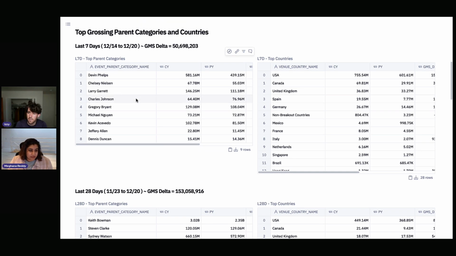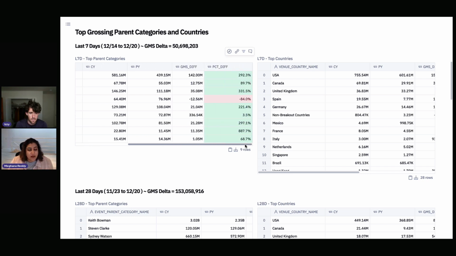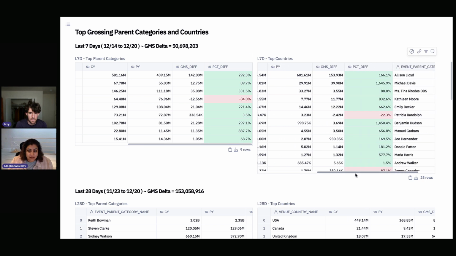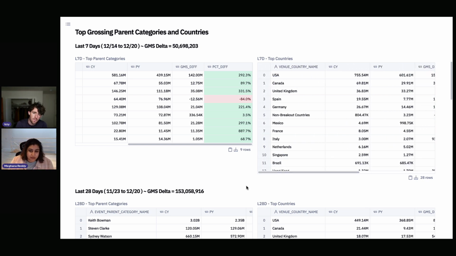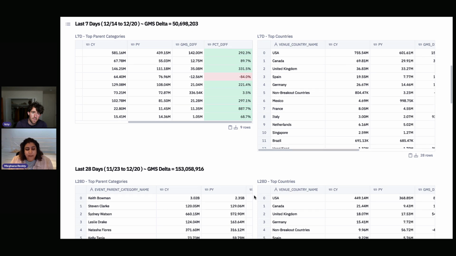Or, you can think of, these are just sort of dummy names here, but you can think of these as categories like the NBA or pop music, whatever sort of categorization of live events we think matters. But in both of these charts, they're essentially pie charts, like the sum of all of this is adding up to total sales. That ends up not being all that helpful on a day-to-day basis, because chances are if the US was one of our biggest markets yesterday, it's still going to be one of our biggest markets tomorrow.